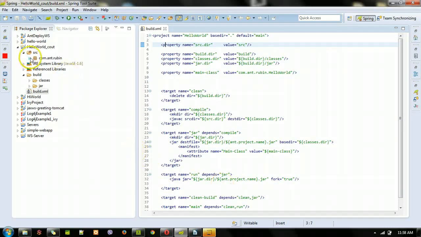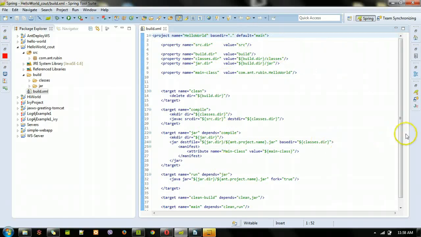When we build this project, you probably want to compile it, you will probably want to run it, you want to do things like that with it, right? So here we start with a project element. It has an attribute called name. Name is hello world, so we're calling this project hello world. And the base directory is dot, that is, we are starting right over here, in the current directory, which is hello world, and default is main. So default main means if I don't give anything to Ant, it will